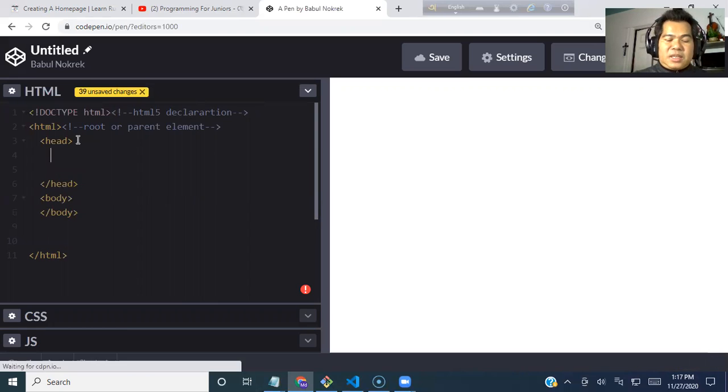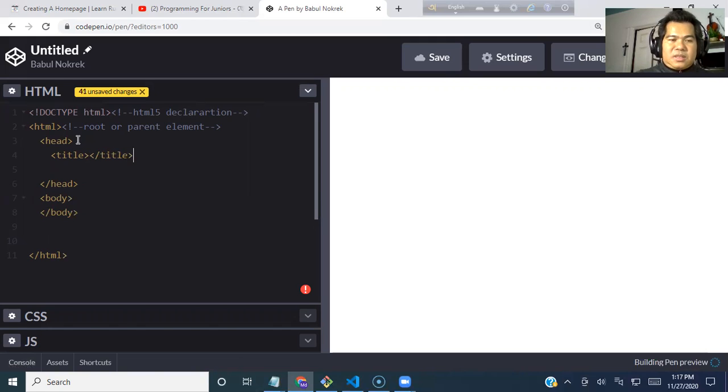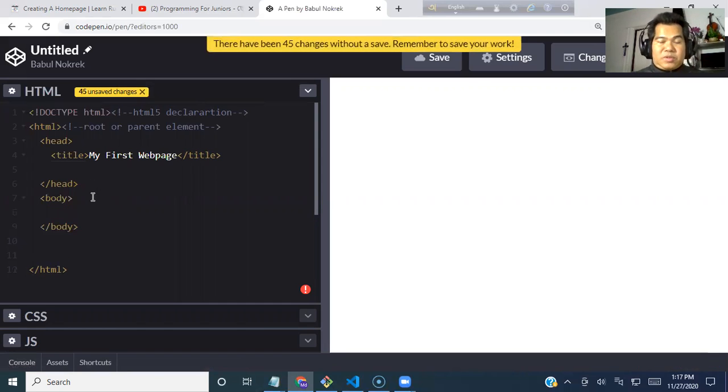And inside the head tag, we have also title, okay? So title, opening title, and closing title, and in between the title tags, we will write the title. I can say, why am I first web page, okay? Then whatever we code or write inside the body tag, it will be visible to the client